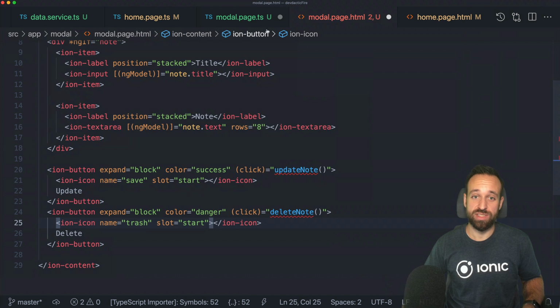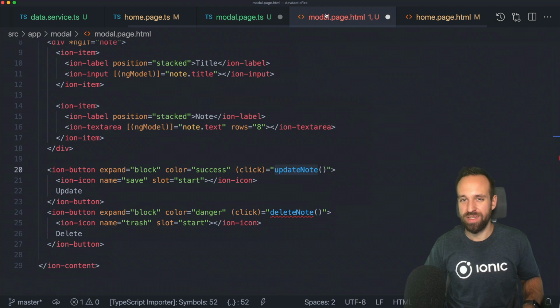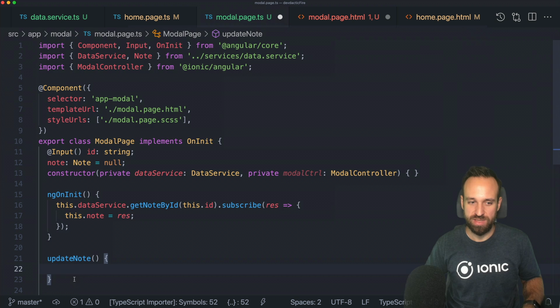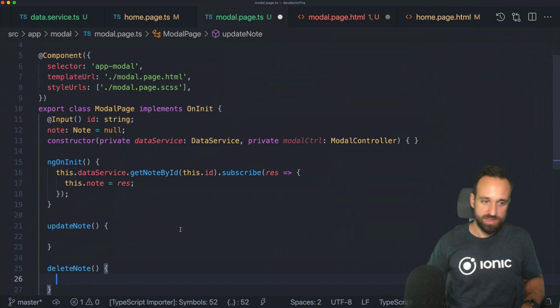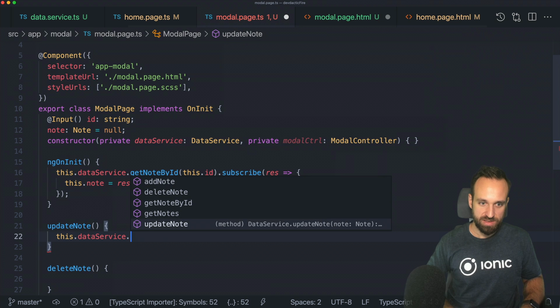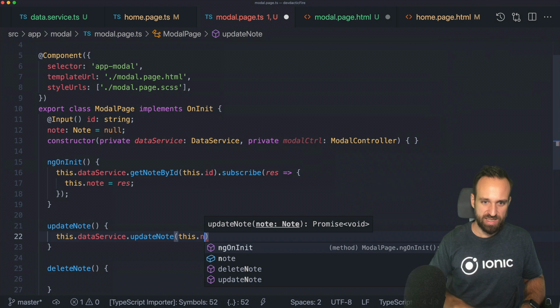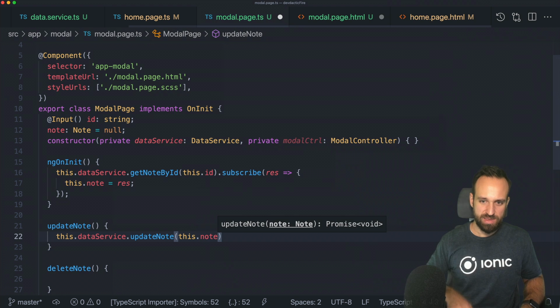And those functions now will be, well, quite easy given the fact that we've already done all of the hard work in our service up front. So that really pays off. So for update node, we can use the data service update node. I really love to have a clear interface like that. Okay, this node,